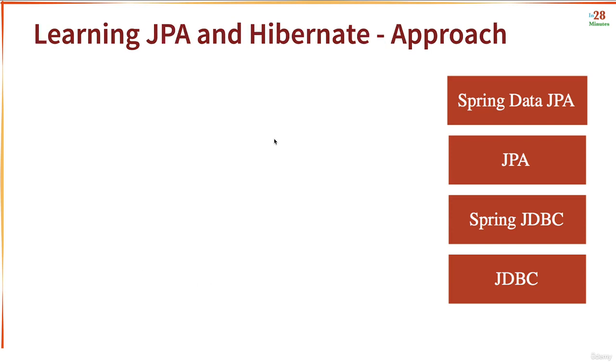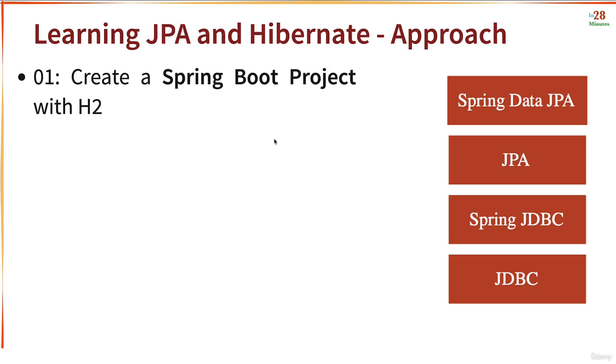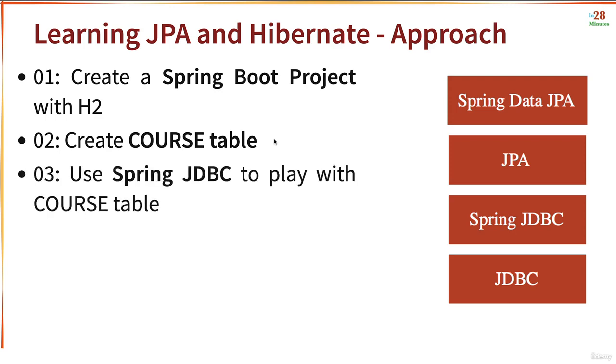Now, what is the approach that we would be using in this specific section? First, we'll create a Spring Boot project using H2 as the in-memory database. After that, we will create a course table in H2 database. Once we have the table ready, we would start using Spring JDBC to play with the data in the course